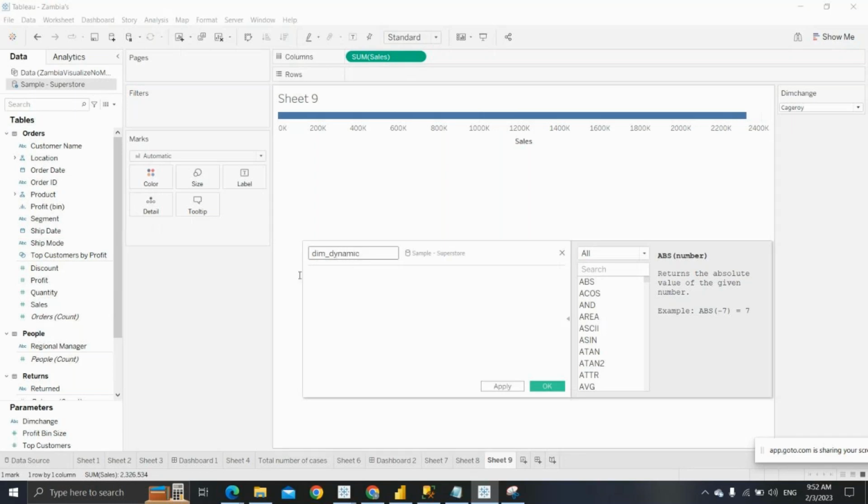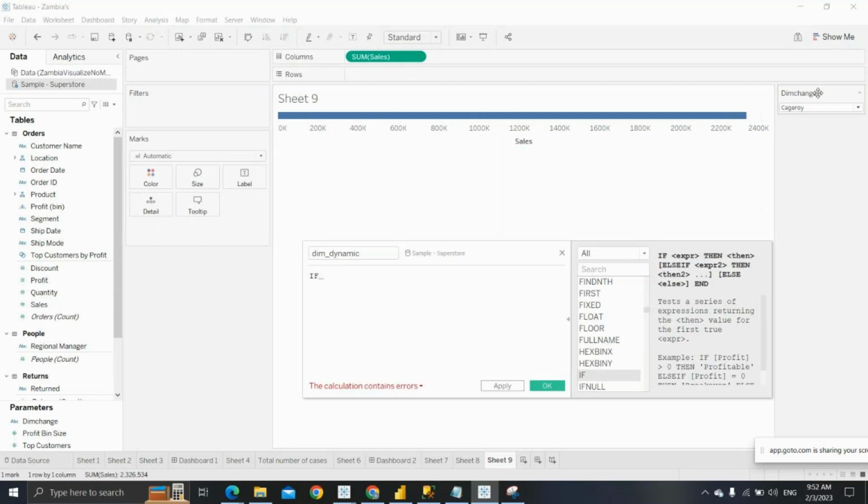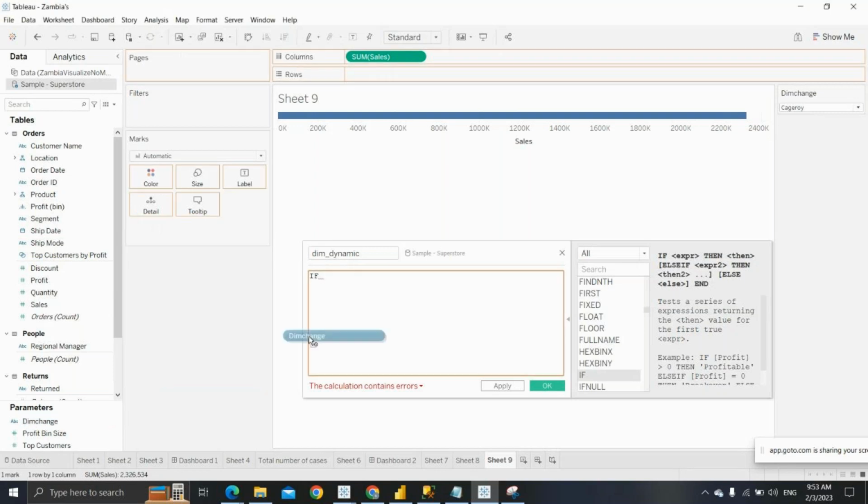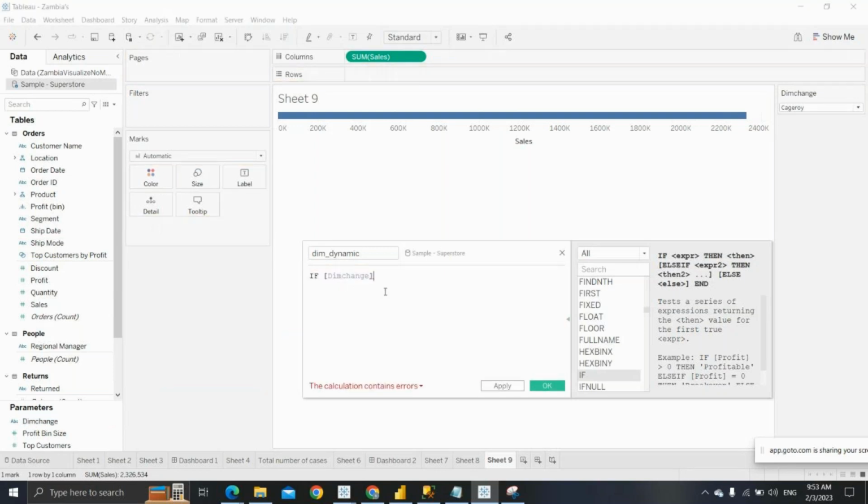What condition are we writing? If you selected category from the parameter, then the condition is on the parameter only. If the parameter is equal to category,